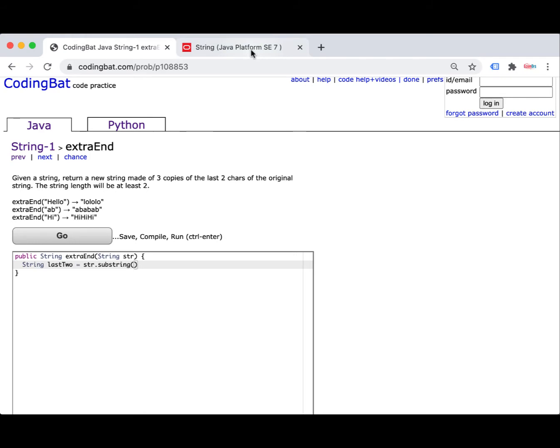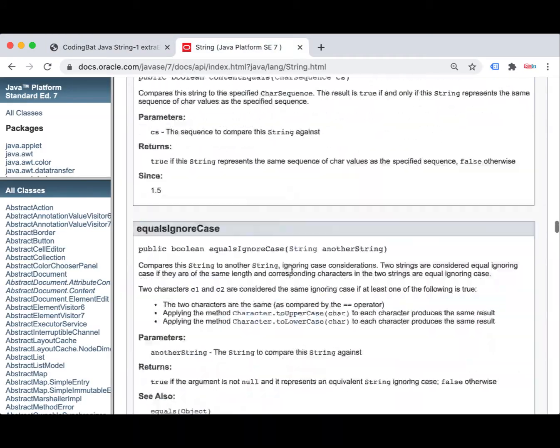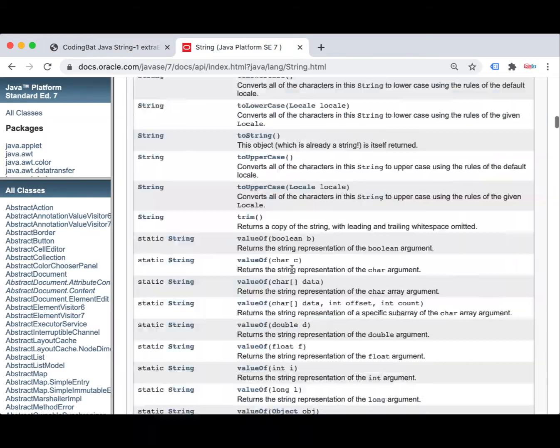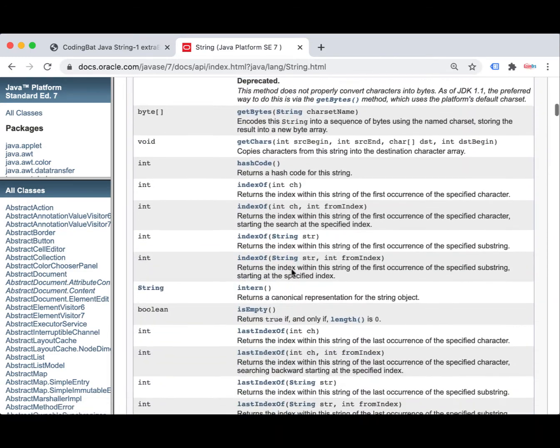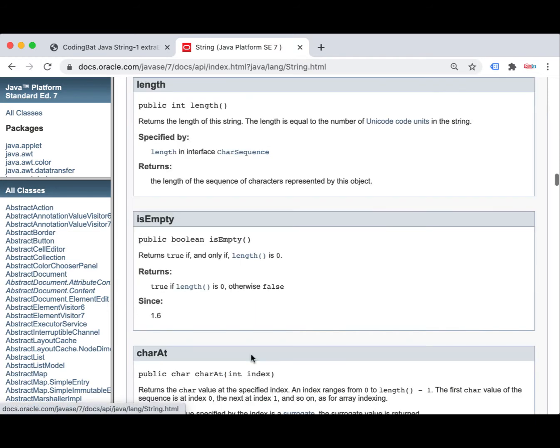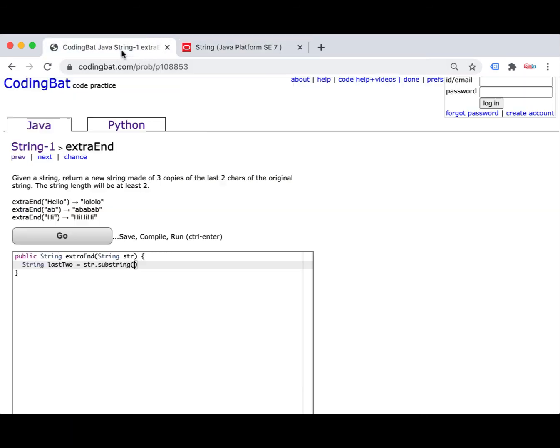So let's go back over to the string API and take a look at the length method. I'm just going to go up here because it's easier to click to find it. So I can run the length method, and it gives me just the whole length of whatever string happens to be that I'm calling it on, and it returns it in an int. So let's actually do that first. So it's always the return type of the method I'm calling. We can call it length,